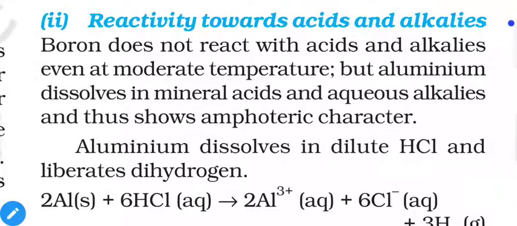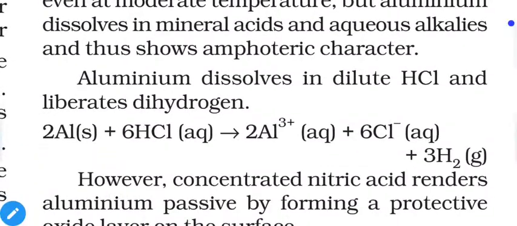Aluminium with HCl simply replaces the hydrogen because hydrogen is less metallic than aluminium. So usually aluminium will oxidize and form a positive ion of aluminium and it will reduce the hydrogen. So that's why it will produce aluminium chloride and release hydrogen gas. But with nitric acid it does not give any kind of reaction, because nitric acid is an oxidizing agent.